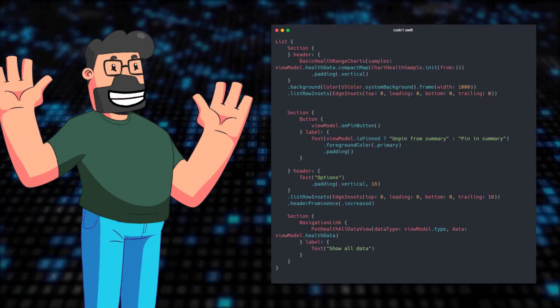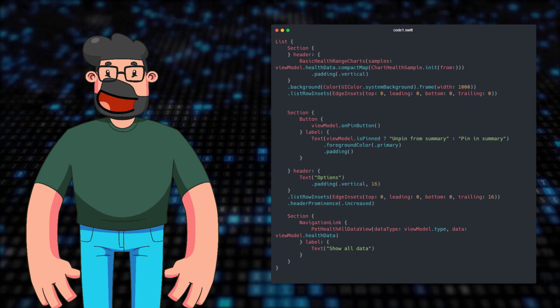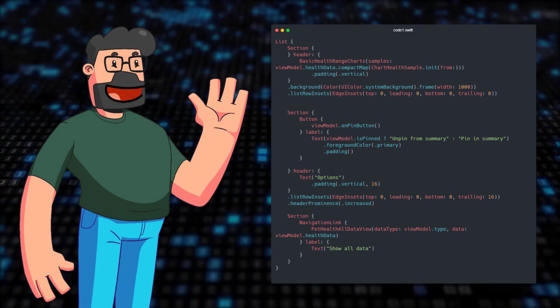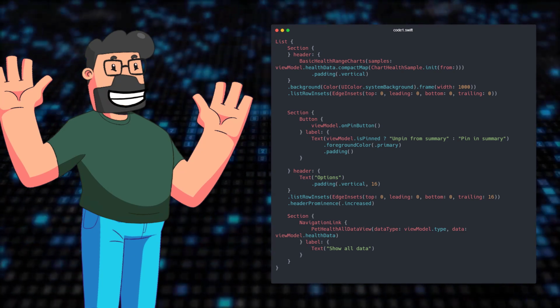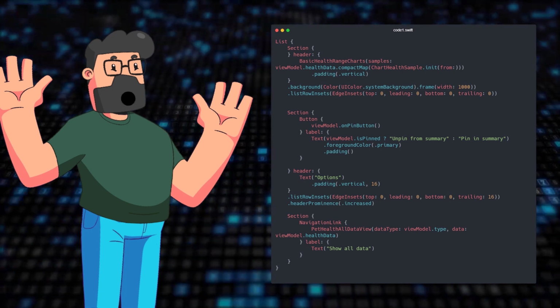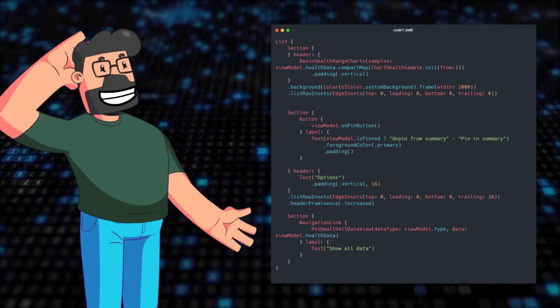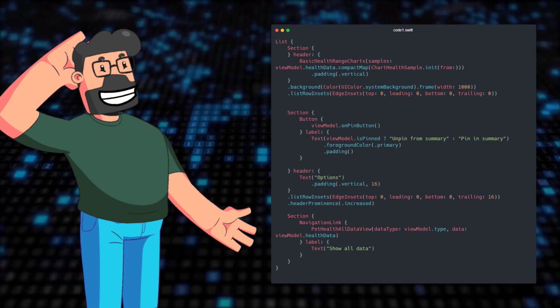Moving on to the solution, let's dive into the code provided. By using a list with specific configurations, you can achieve a desired layout. The key lies in structuring the content within sections and customizing their properties to control the appearance of each row. Pay attention to how the list is set up and how each section is styled to create the edge-to-edge effect